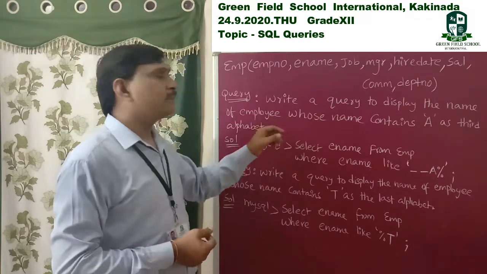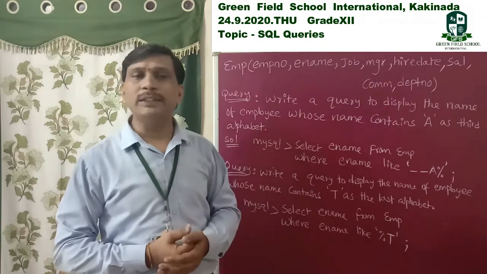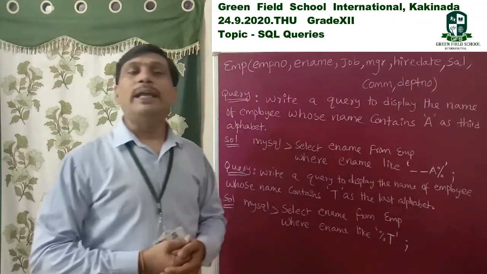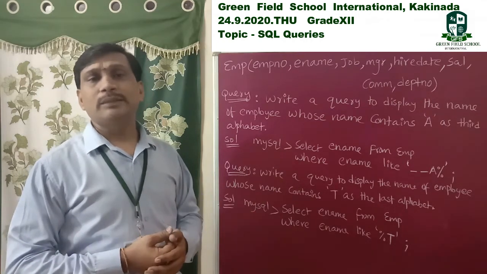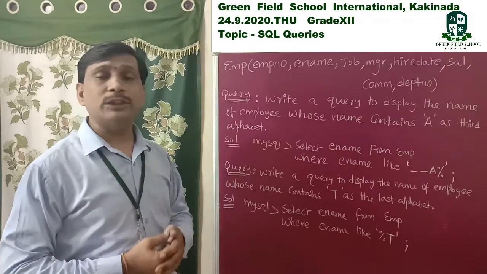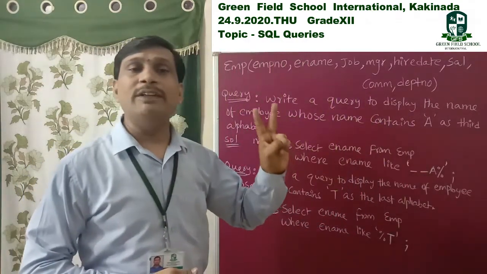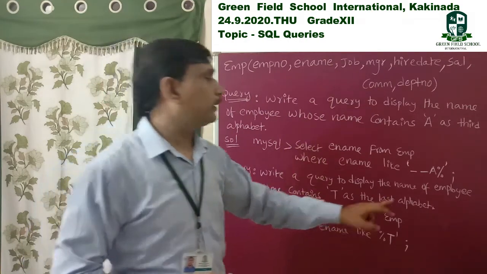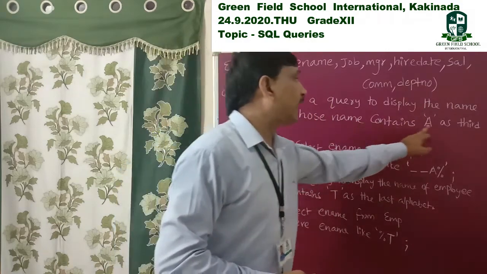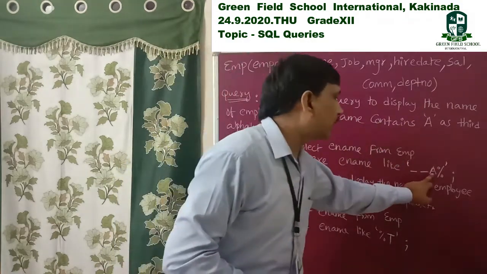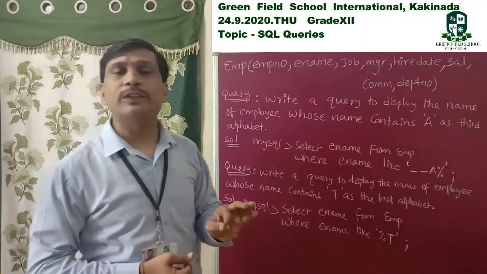See, they are asking some conditions. Basing on their conditions, basing on their requirements, we manipulate our condition, meaning the pattern here. So the third character must be A. That's why before the third character they must have 2 characters. Those are replaced with underscore. Next, they are saying whose name contains capital A as the third alphabet. The third alphabet is capital A. After the third alphabet, they are not specifying anything.